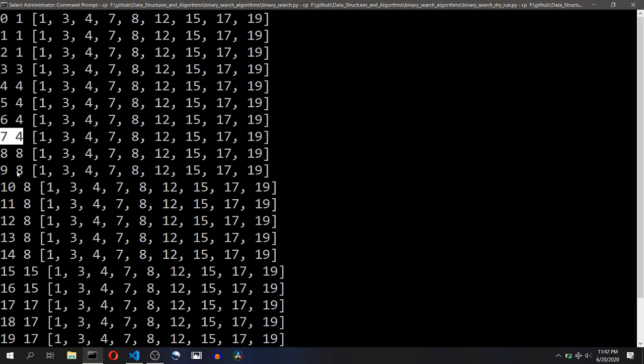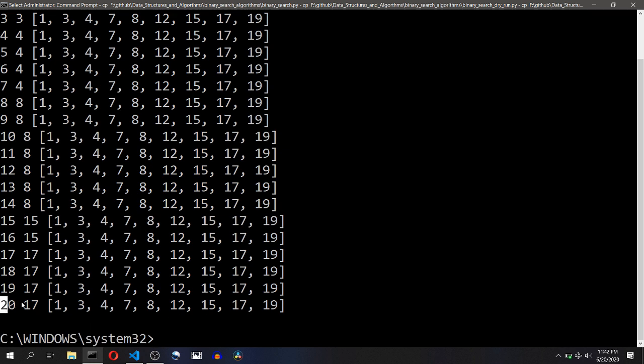See over here, 7 is present in the array, but it is still returning the 4 value. This is because the two values that were remaining at the end of the while loop were these two elements, and we were straight away returning the left element without considering that the key can be equal to the right element as well.